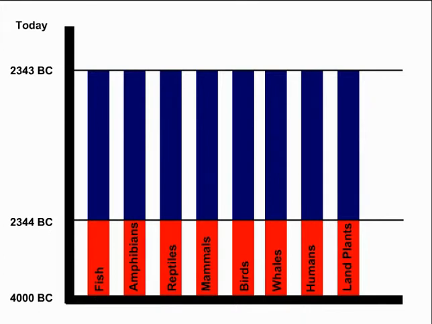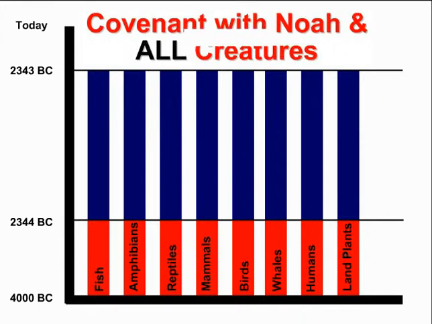the world with water again. And God also makes a covenant with all the creatures, all the living creatures. And in Genesis 9, tells them to come out of the ark and to fill the world, to be fruitful. In other words, and this is a very important point, God doesn't command